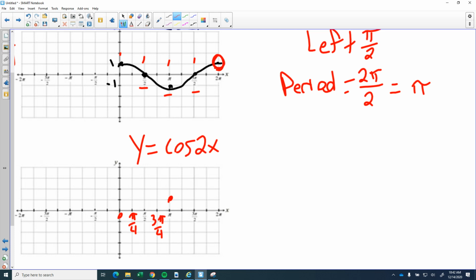You notice how there are a total of 5 different coordinates, 1, 2, 3, 4, 5? By marking my new period and breaking it down until I get to my original point, I've created 5 total coordinates for myself. The reason this is important is because this is an easy way to detail where these values are going to go. For example, if I know my original coordinates here and my period's at pi now,